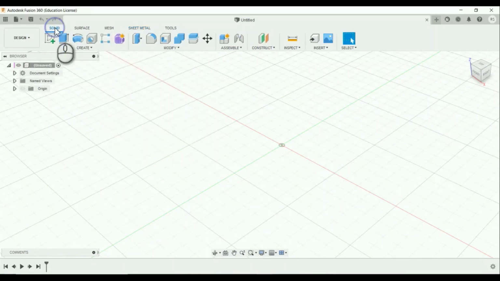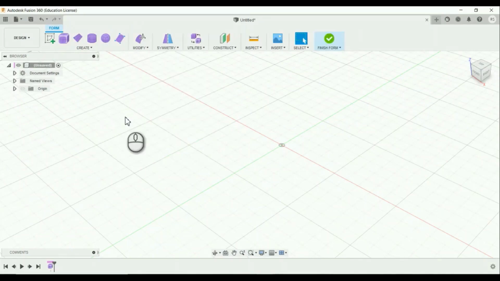After that, last tab is Form tab. In this tab, you can pull, push faces edges to create complex feature, and it is a sculpting work and it is free form only.